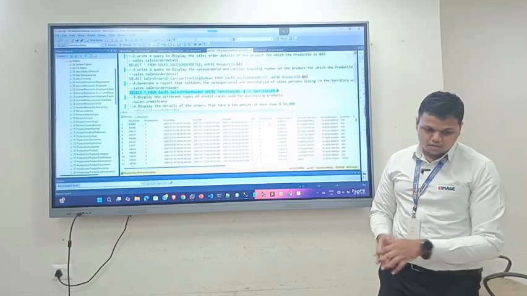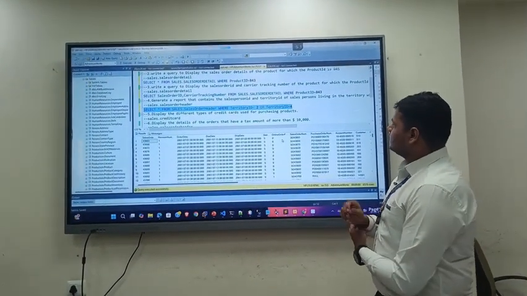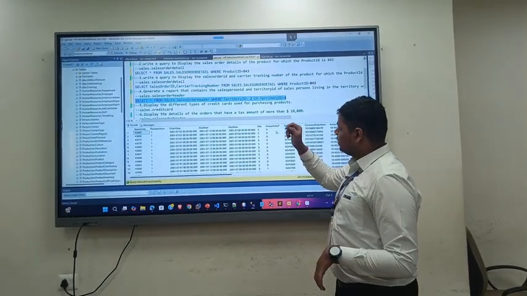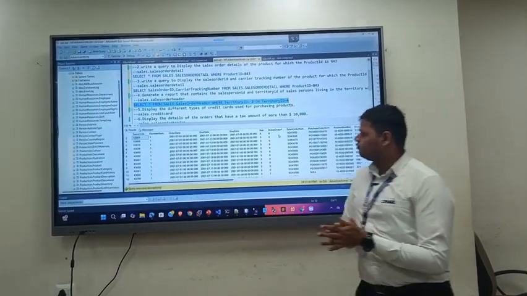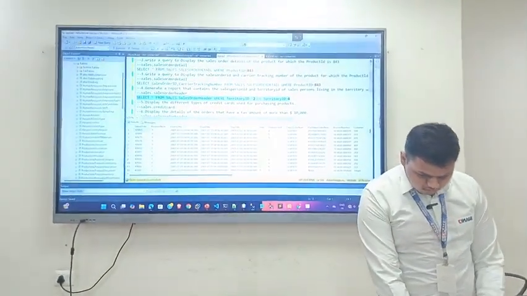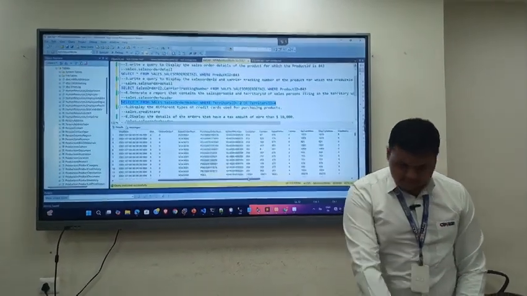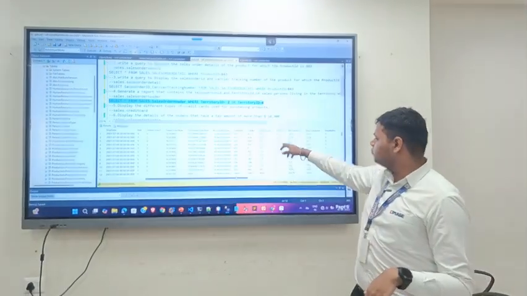So here we can see that we have got the output in which the territory ID is either 2 or 4. Only 2 or 4 territory IDs are displayed.